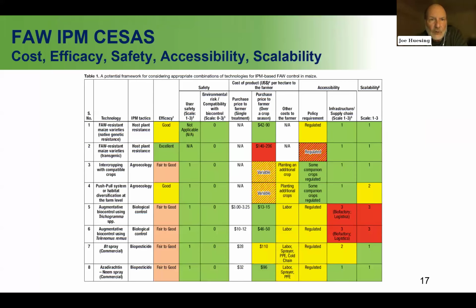What we developed over at USAID to help in this process for countries that are just now engaging with the fall armyworm campaign, we came up with this thing called the CSAS model. What's important is what is the cost of the treatment? What is its efficacy level? Safety is obviously important. Is it even accessible? GM crops, if they're not accessible, you might as well not even discuss them. And is it scalable? So for most practitioners who are first starting in this process of fall armyworm, cost and efficacy are the two biggest ones.